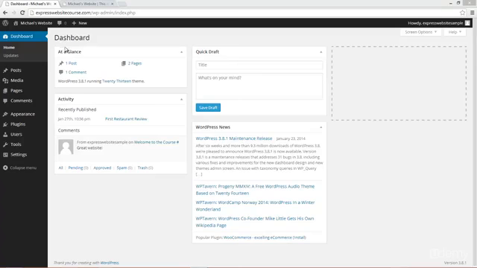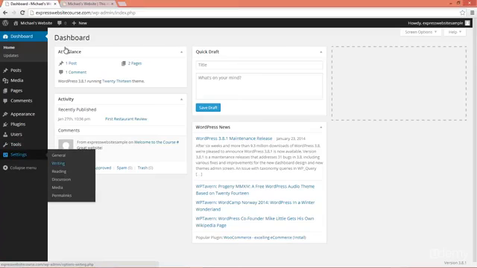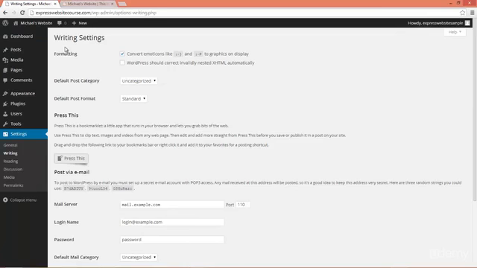So now let's talk about our writing and our reading settings. So first hover over to settings and click into writing. The first option is formatting, which converts your emoticons into graphics on display. So essentially what this means is if somebody types in a colon, dash, and a parentheses, it would turn that